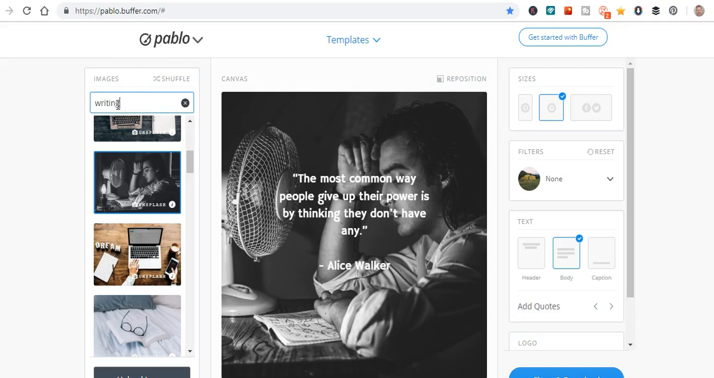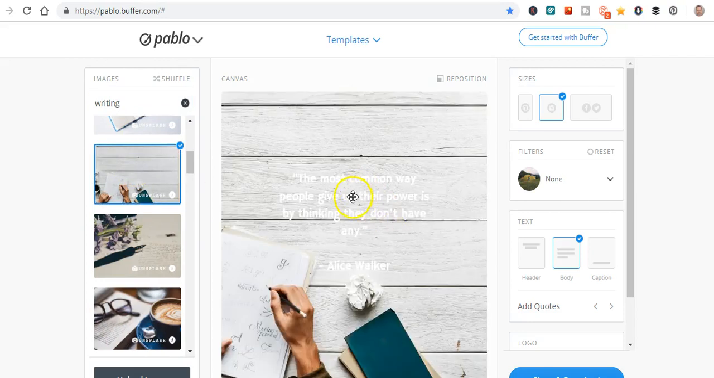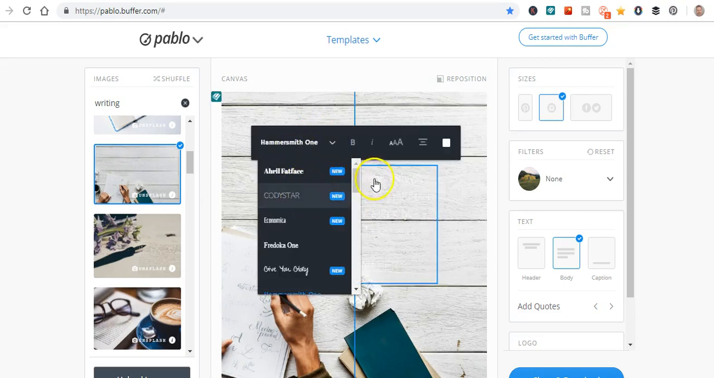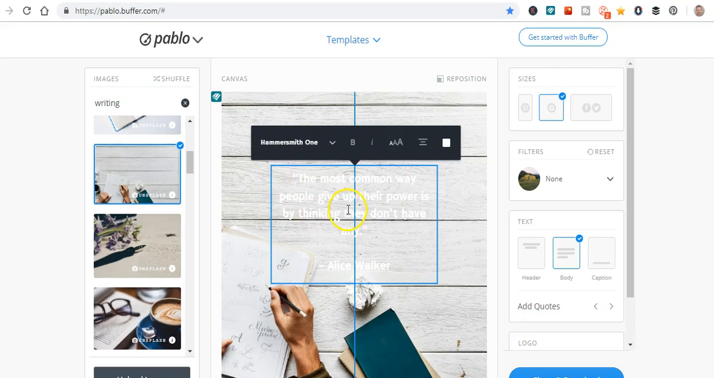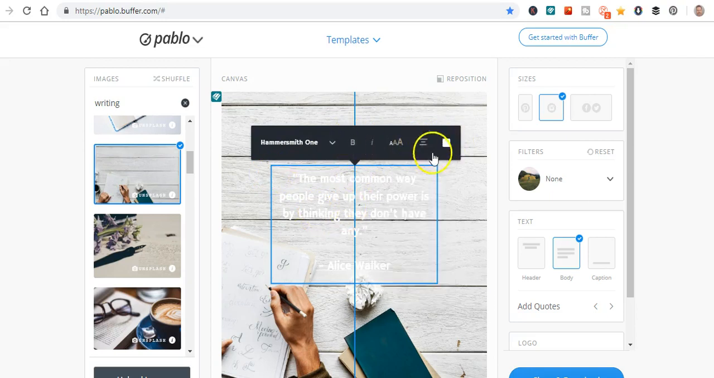So for example, if I wanted to do a social media image on writing, with a writing-themed background, let's say I wanted to use this one. It's just a matter of clicking on it and waiting for it to load up here. Now when it does, I can simply double click in the text box. I can change the text to whatever particular font I want. I can bold it, I can change the color, I can do the layout,